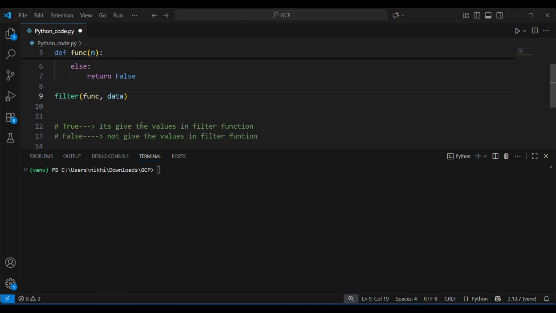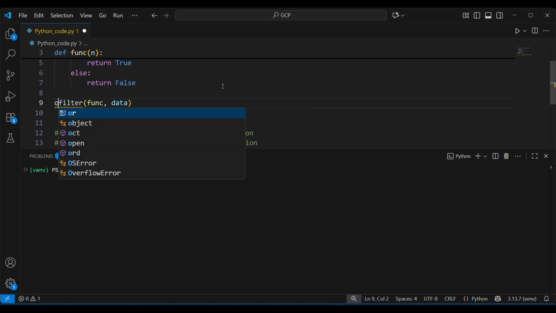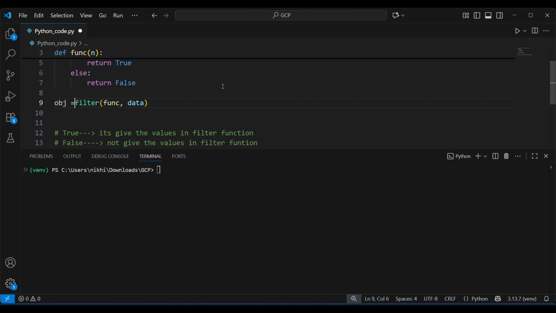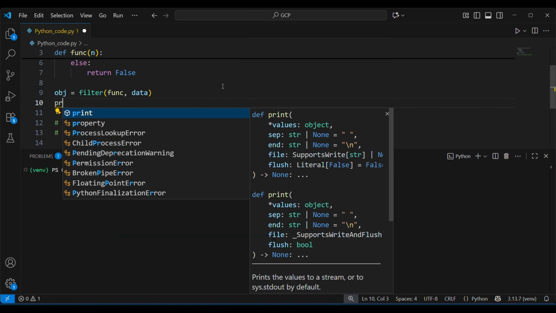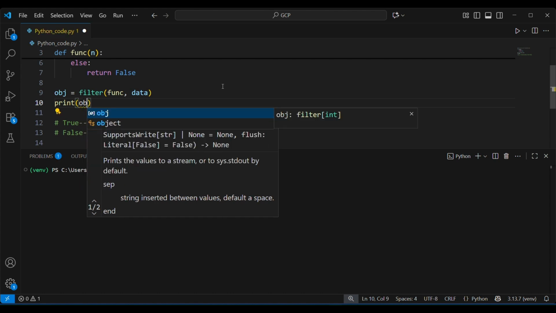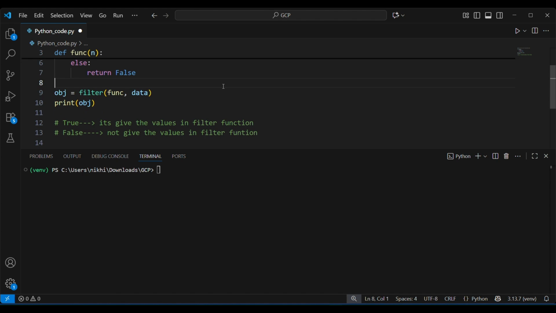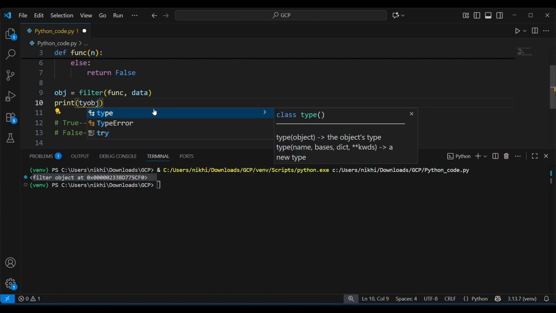So this is the logic I have written. Let me make one variable for this. I am taking an obj variable, which is an object for this. And when you print this obj, it will not give you the output of the filtered even odd numbers, it will give you the object memory location. So let me show you. It gives the filter object memory location,